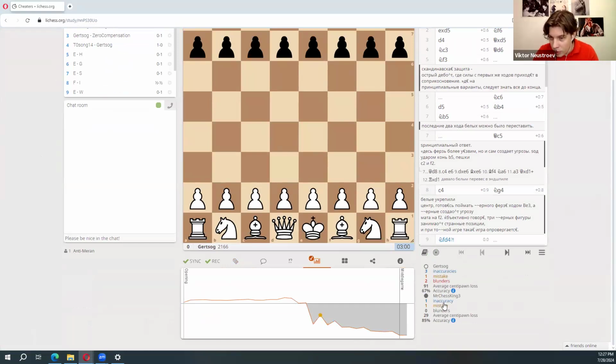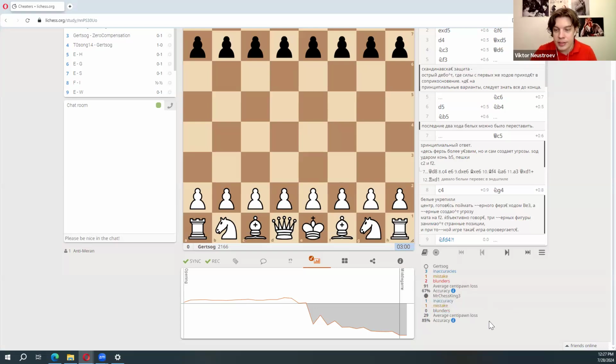My opponent had only 1 inaccuracy, 1 mistake. His accuracy was quite good, and average centipawn loss was 29. Maybe he is not a cheater, actually. If this number is below 20 or below 30, it depends on the number of moves. For example, if the game is short, about 20-25 moves, then most likely his average centipawn loss is below 20. If the game is longer, then it can be below 30 and he is a cheater.